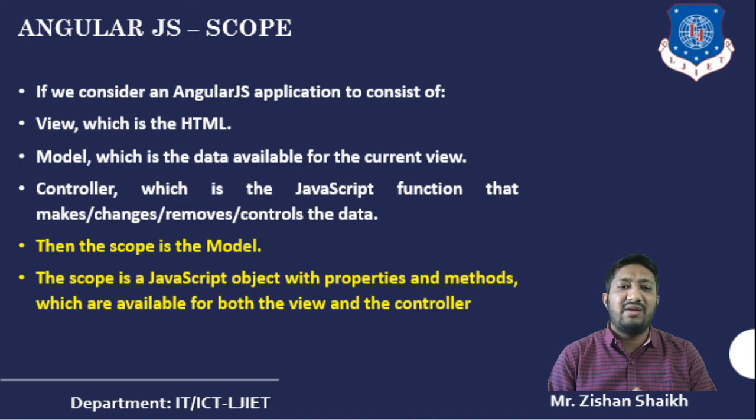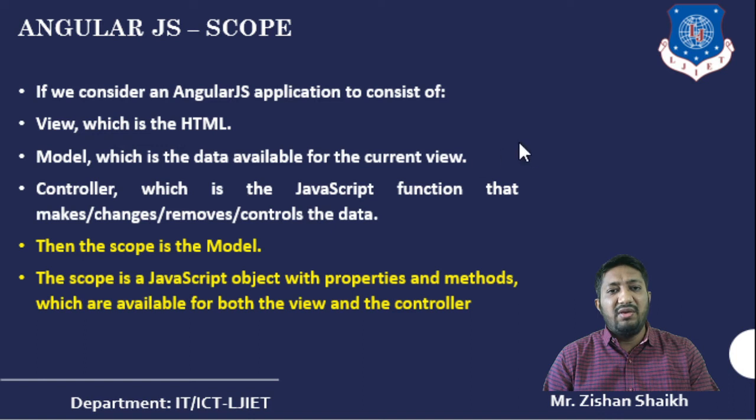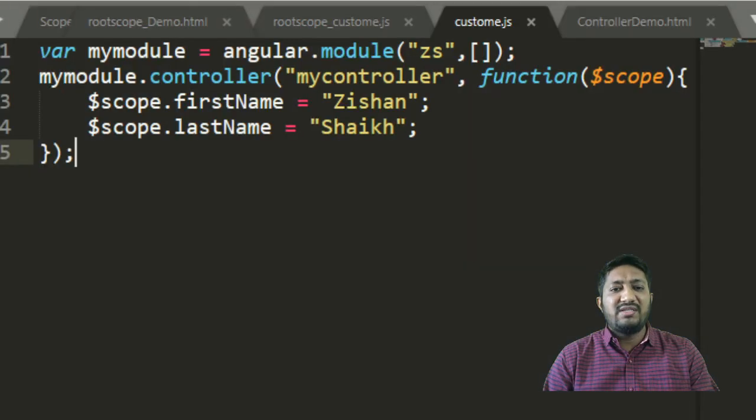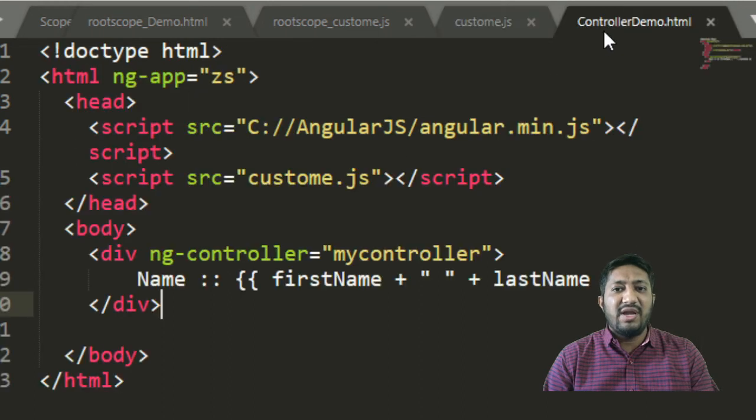So we can see that scope is one glue for both the view and controller, and using that particular model we can pass this data. Okay, so what is the scope exactly? How can we pass the data, and what is the availability? Already we discussed it in our program, but let's make one basic change and check the data values.